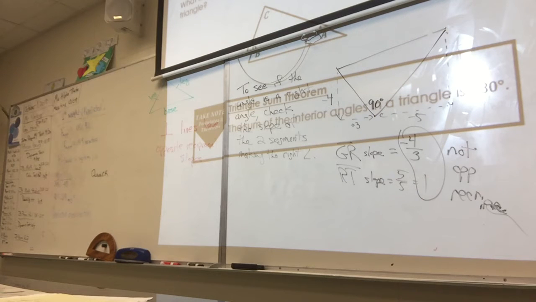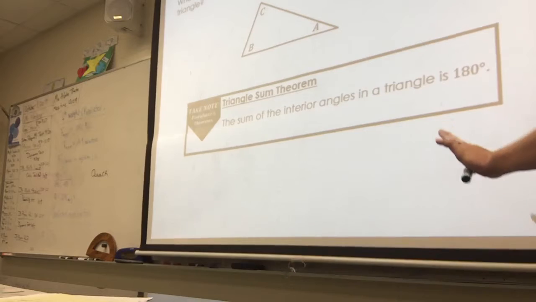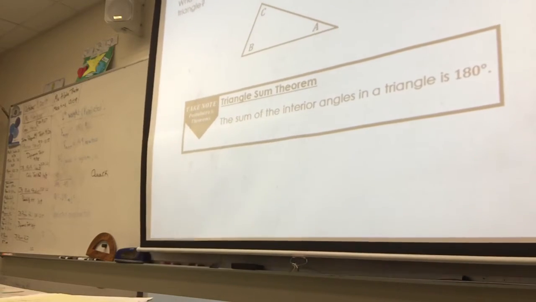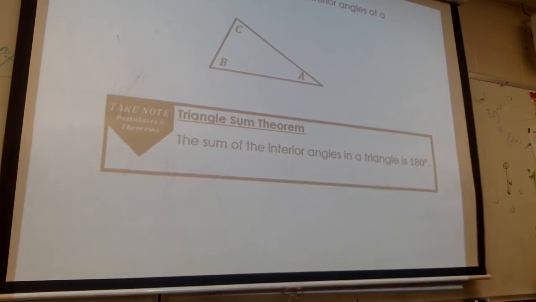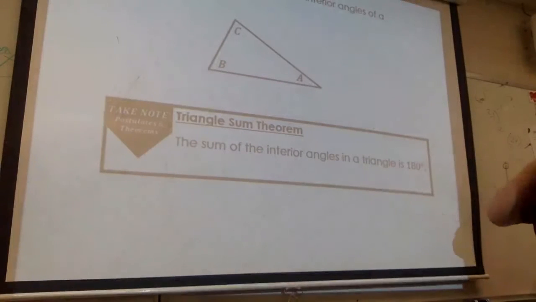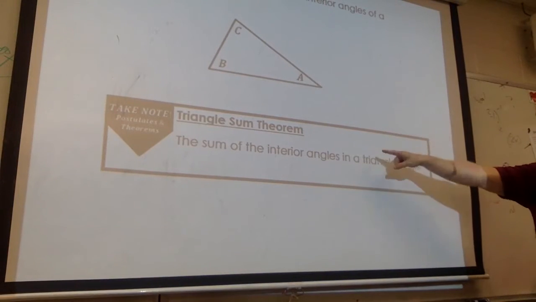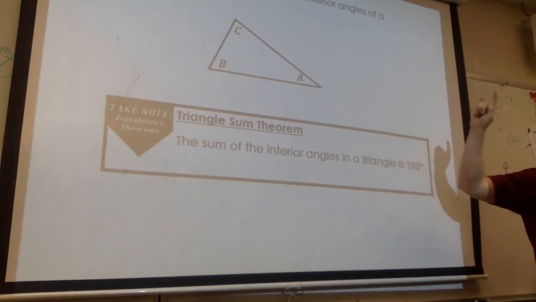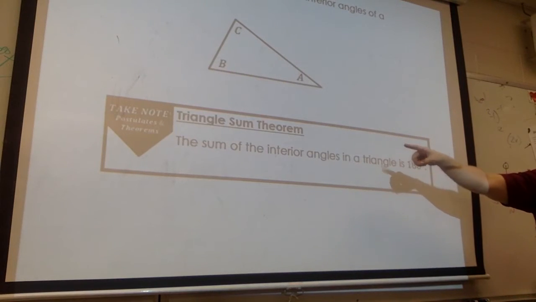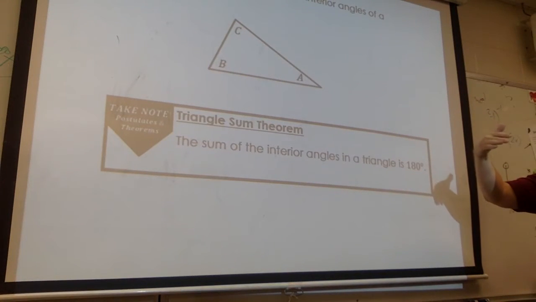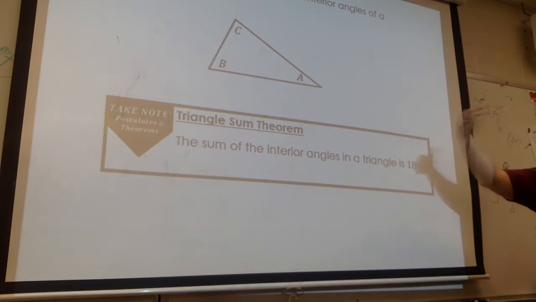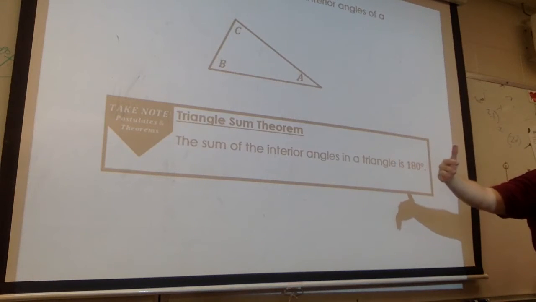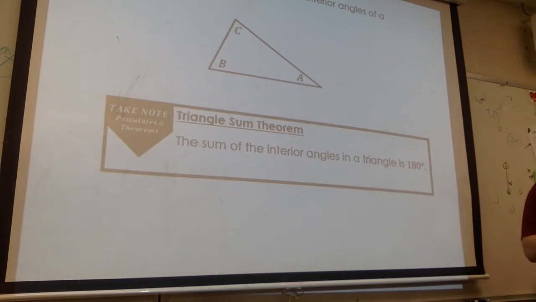On to the next thing. Now, we did sums with polygons. We did the n minus 2 times 180 stuff. We had to have this up there to actually go through all that. It might not have been listed as a theorem. You do need to write this down as a theorem, because what we're working towards over this chapter and the next chapter and even the one after that is more proof type stuff. So you need theorems, you need definitions, you need postulates